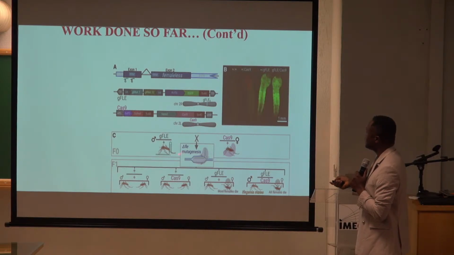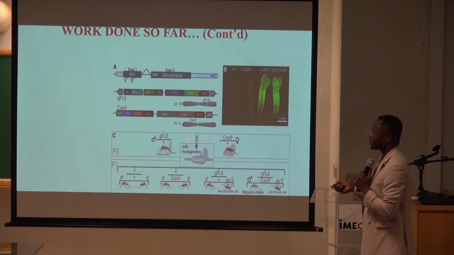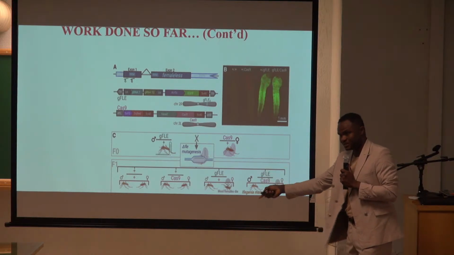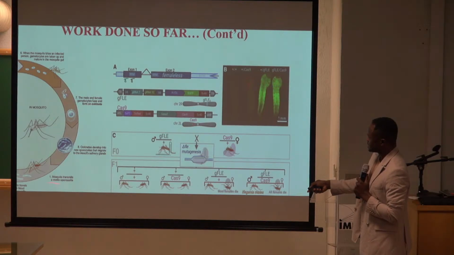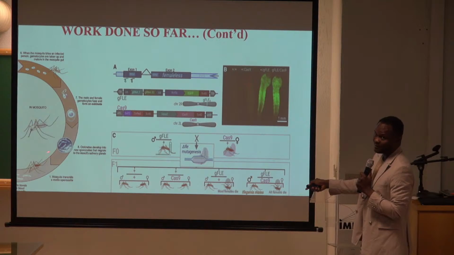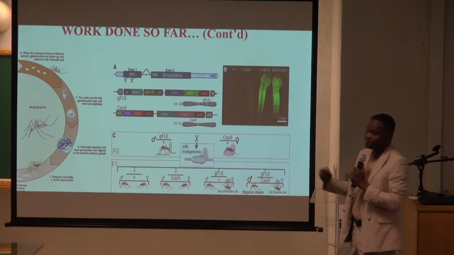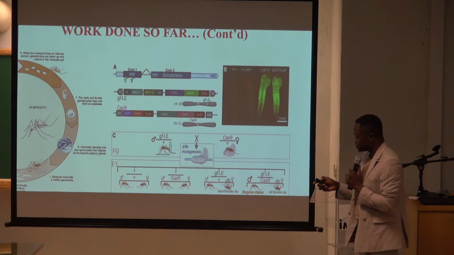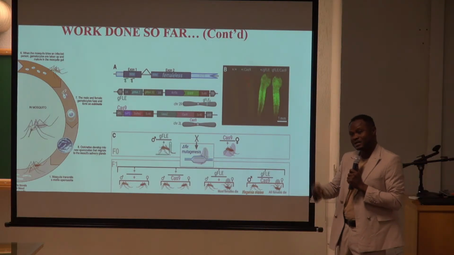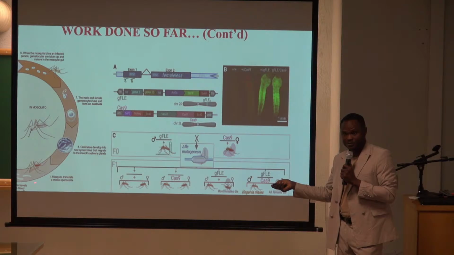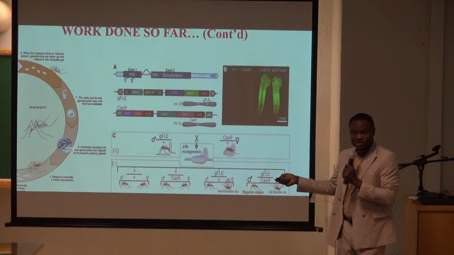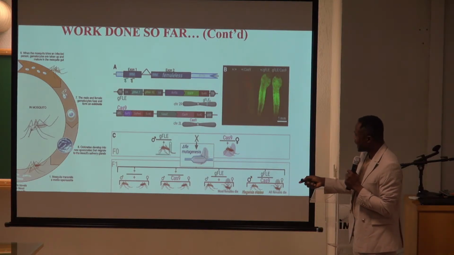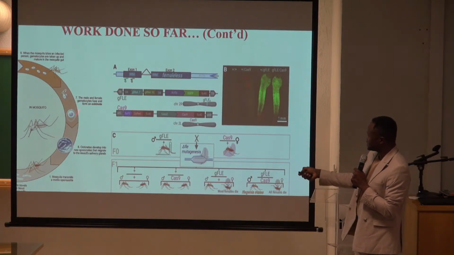So what they do is to cut off the gene or the allele that leads to femaleness. At this stage, this is just like a gametocyte. You don't know if it's going to be a female or a male. So what they did is to look for the allele that is going to make that egg become a female, right? So they did some genetic engineering to it, such that at the end of the differentiation here,